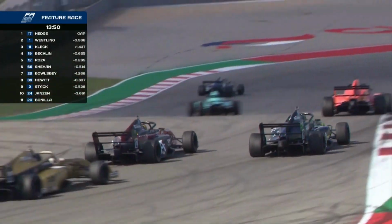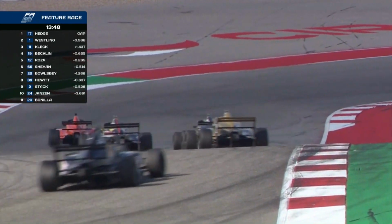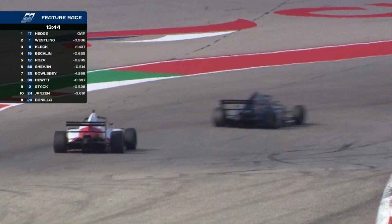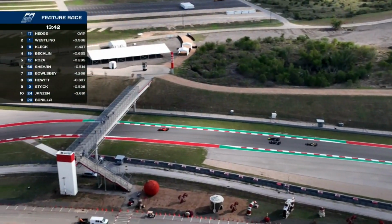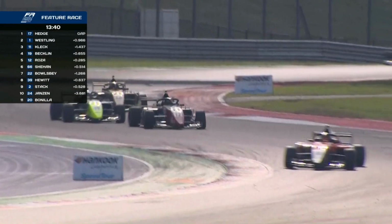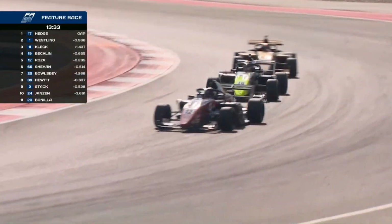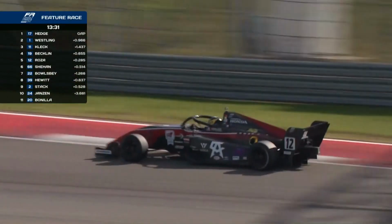Nicely moved, Rosa. And Cooper Becklin on the outside. Now seems to be that he kept the position though. And brought Ryan Sheehan back into the fight. Yeah, it's a tough one. Oh, what a move for Manuel Rosa. It was, wasn't it? Wow. To be honest, I would be afraid of pulling that move right there. It takes a lot of...